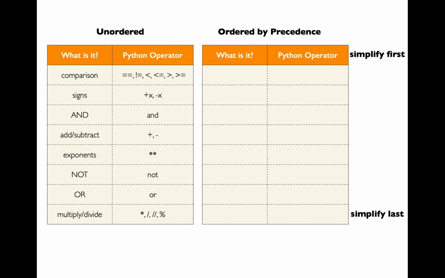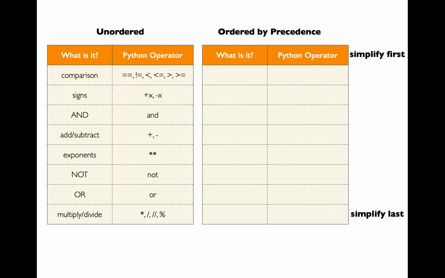Let's get started by reviewing operator precedence order. Recall that in the previous lecture, I mentioned that there are three major categories of the operators when it comes to precedence ordering. The first category is the mathematical operators. The second category is the comparison ones. And the third category would be Boolean logic operators.